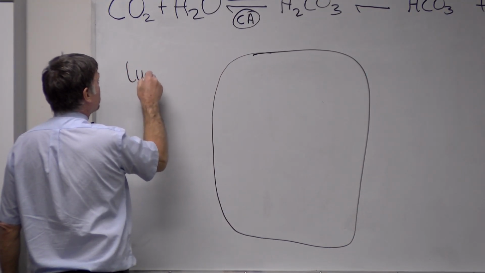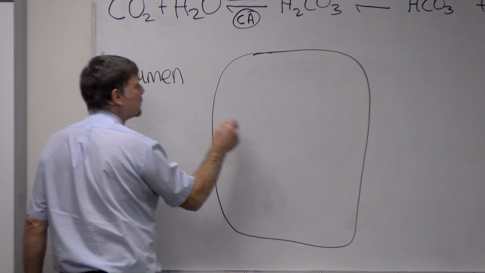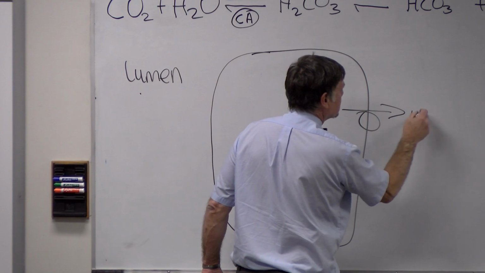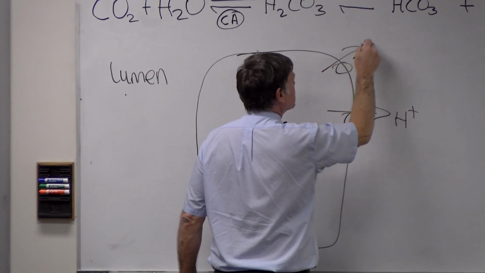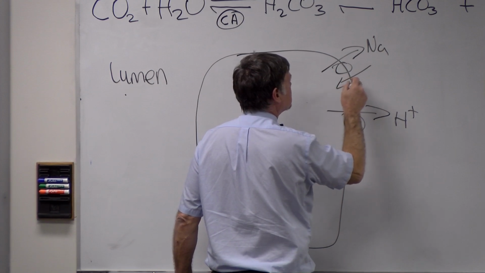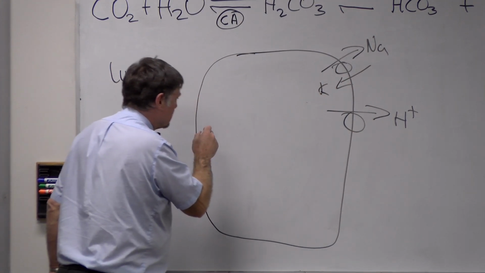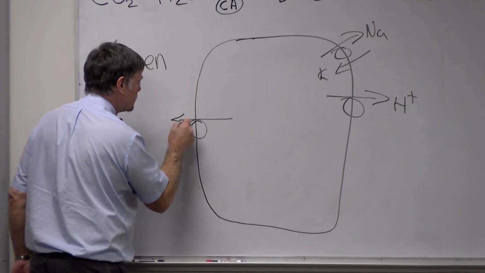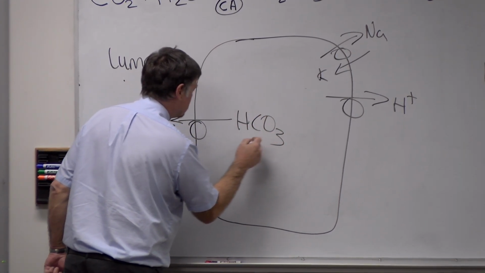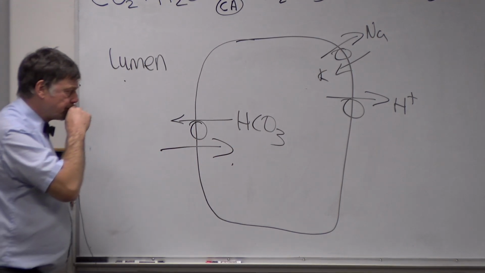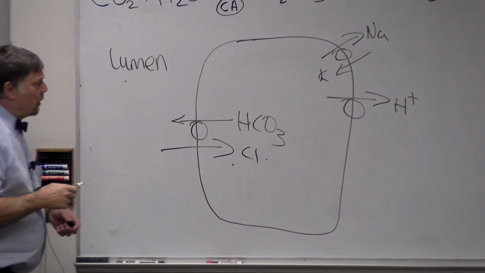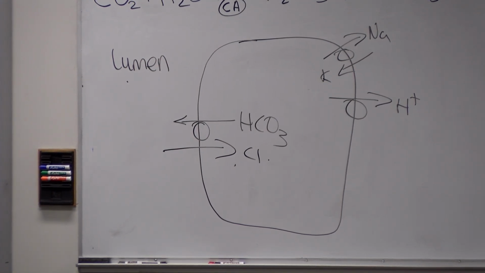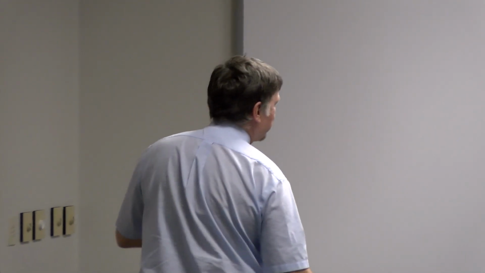So this is still lumen over here. What it looks like is a cell that's got the opposite polarity of an A-type intercalated cell. Okay, it actually isn't, because